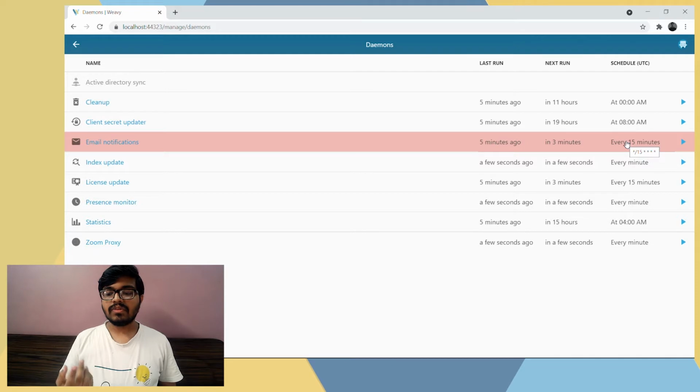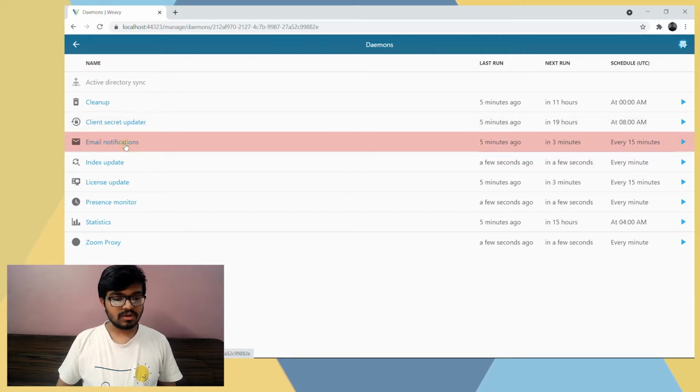So let us say that I was online on this particular Weavy Messenger app, for example, and then I went offline for some reason, and someone messaged me in my absence, or there was a Weavy group, and some message came inside that group. For handling such things, Weavy will notify the user about the activities that take place in the absence of the user, and every 15 minutes this job will run,